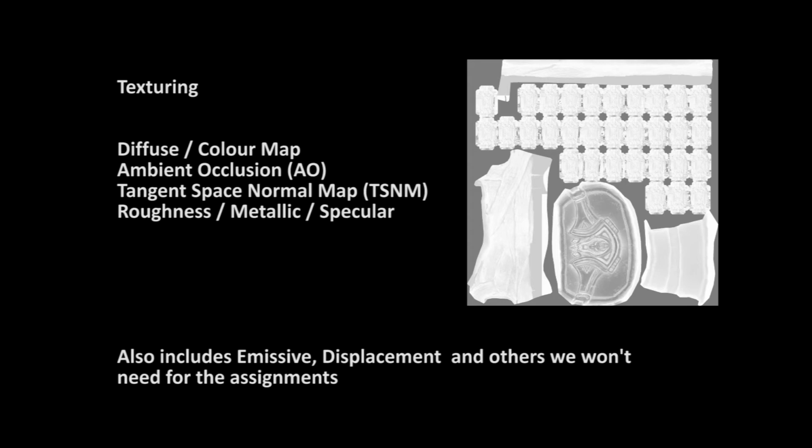Where the specular map sort of comes in is things like plastic, which might have a very high polish, but plastic doesn't reflect in the same way that metal does. So there are a couple of ways to go about this. One might be using a roughness of 1, a metallic of 0, and then having a specular map on top of that. But there may be other ways of combining those nodes, because specular specifically,